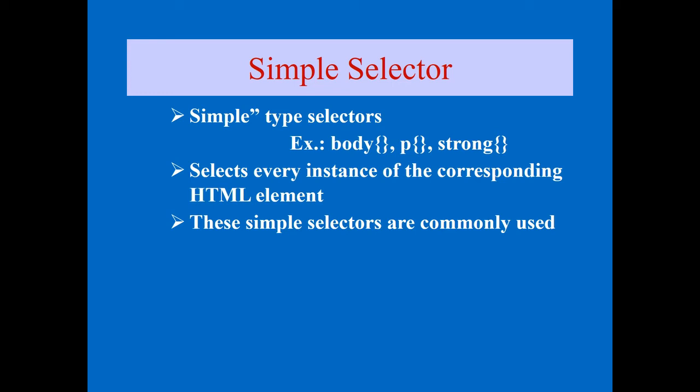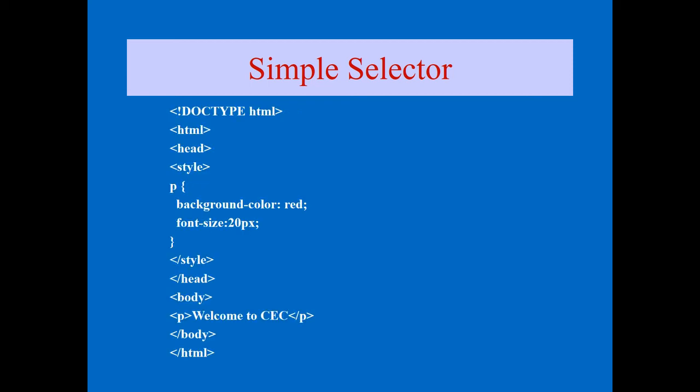That's why for the simple type selector, an example we can see is body. Whenever you write body in your page, automatically whatever design you write will reflect. Paragraph p, whenever you use p, automatically that impact is there. Strong is again one element, that impact will be there. The syntax is like this: body, any element name, then curly bracket open, curly bracket close. Any element, that's why this is called the simple type selector. These selectors are very popular, commonly everybody uses the simple selector first of all. Okay, see one small example here.